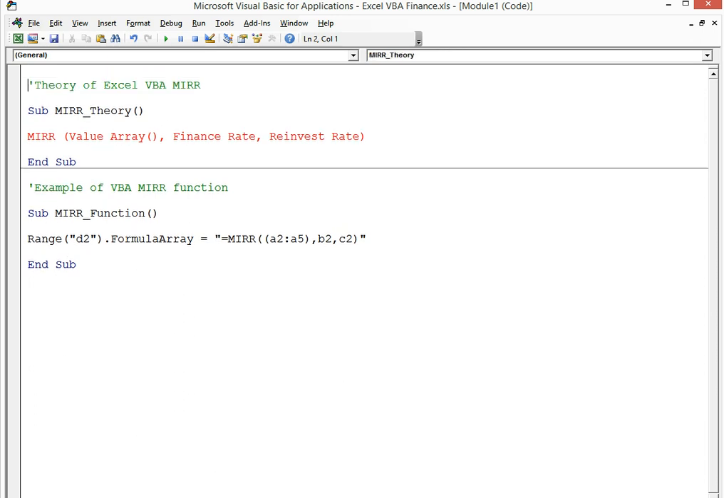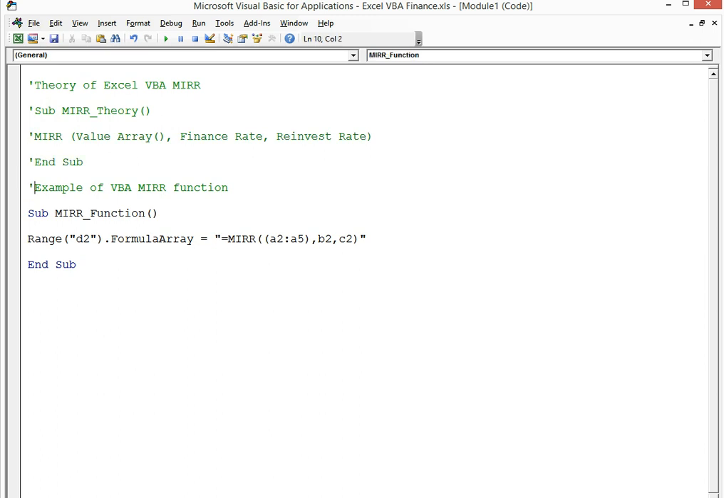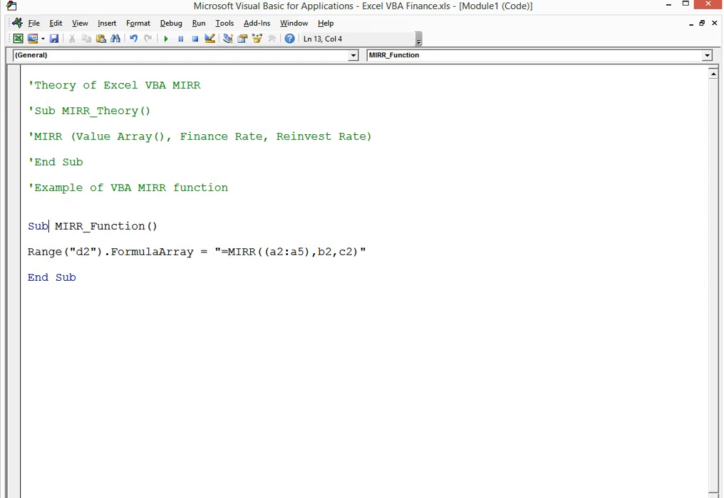So basically, you can see that the theory is up here. All this stuff in comments that I'm putting here, you can see the example there, starting with the function name and so on. If I show you the actual code underneath, which is the actual modified internal rate of return code, you can see it starts off by saying select